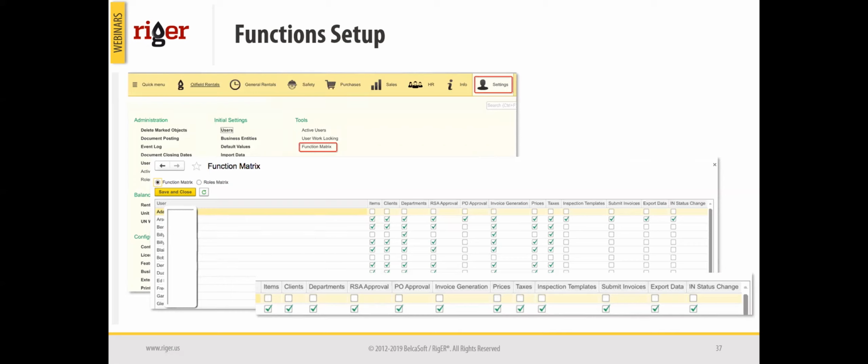As I mentioned previously, the function matrix gives a right to perform a particular function to a particular user in the RigER system. For example, not all users can work with items in RigER, like creating or editing existing items or rental units or unit numbers. And to give the rights to create or edit items and unit numbers in RigER, we have to assign this